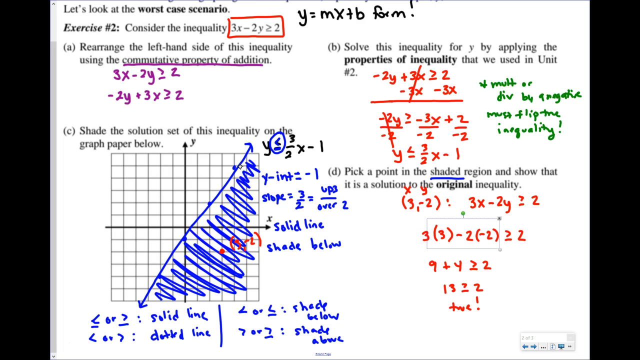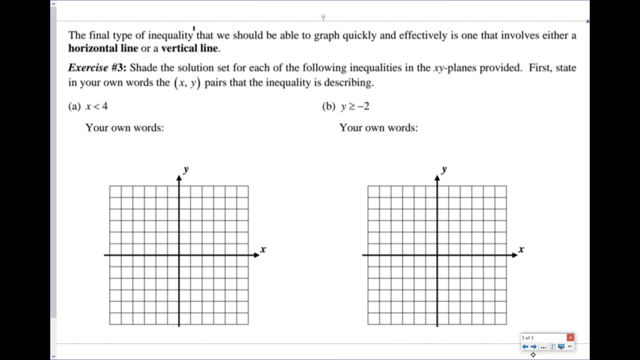Alright? Last exercise is graphing inequality that deals with a horizontal or vertical line. So exercise 3 says, shade the solution set for each of the following inequalities on the xy planes provided. First, state in your own words the pairs this inequality is describing. So, letter A says x is less than 4. In other words, this is saying that all of the points